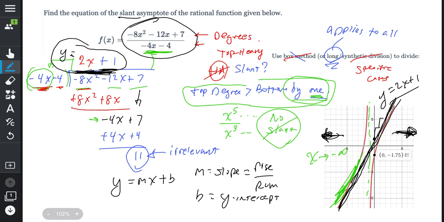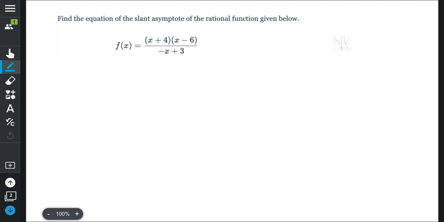They're not to be touched. Slant asymptotes are not to be touched at the ends, the far ends of the graph. Let's do another one. This function is not given to you in standard form, which is